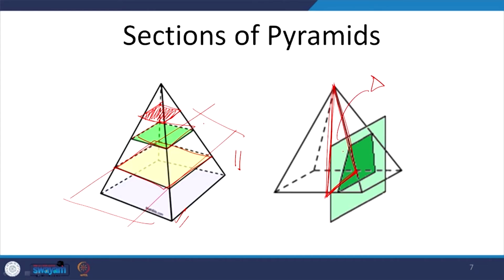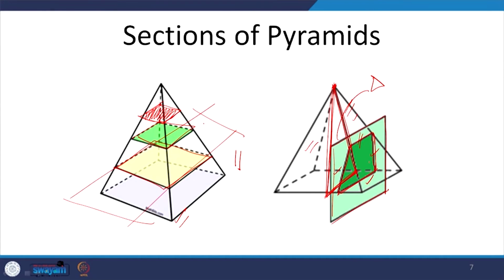However, if the section plane is perpendicular to the base and it is passing through any point other than the apex, in that case, we will get polygonal surfaces depending upon the number of triangular surfaces the prism is passing through. So, here we will have 1, 2, 3 and 4 surfaces through which the section plane is passing. One is the base surface, one is this triangular surface, other one is the surface back and here. So, 4 surfaces, which means that we will get a